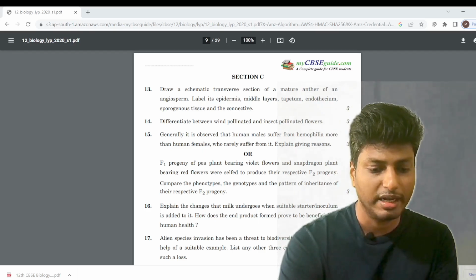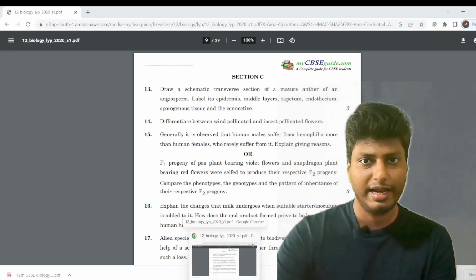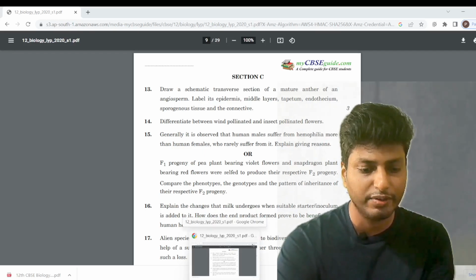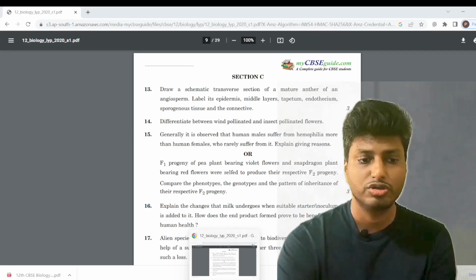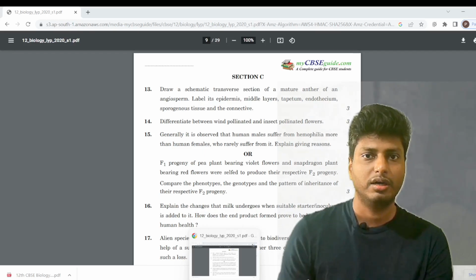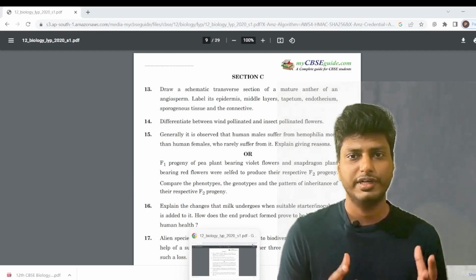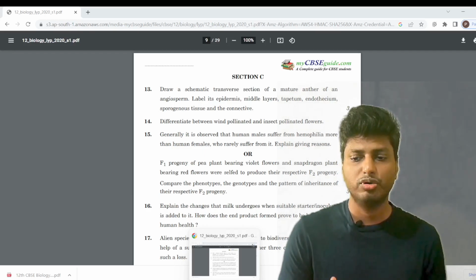So let us go back again to the NCERT, dear students, because I am going to explain it all from the NCERT so that you know what to study. Most of the time the students find it very confusing and they refer directly to some external outside study material. But dear students, I always recommend that